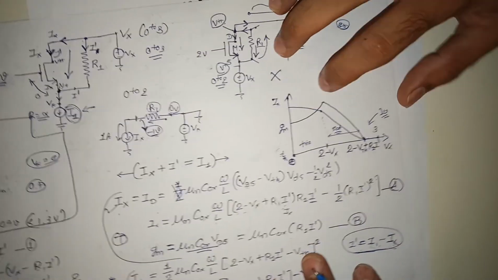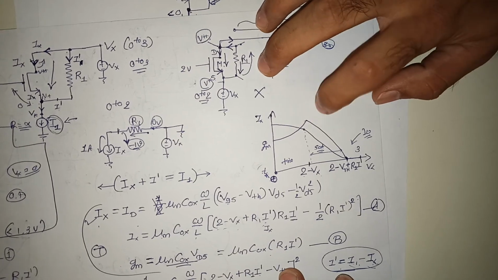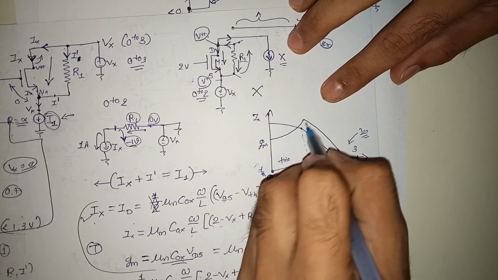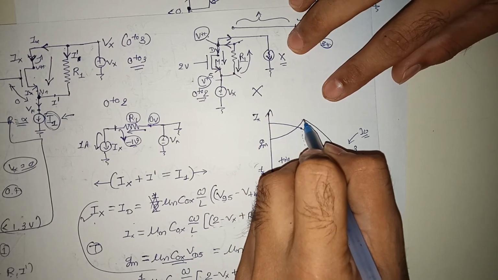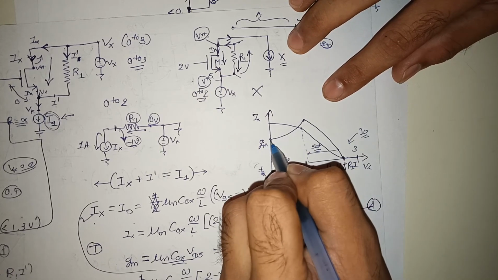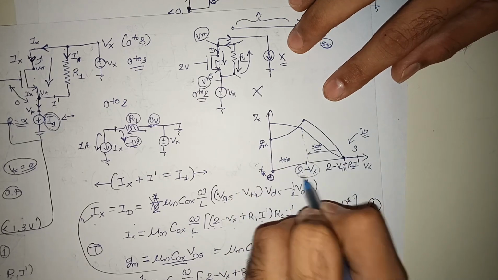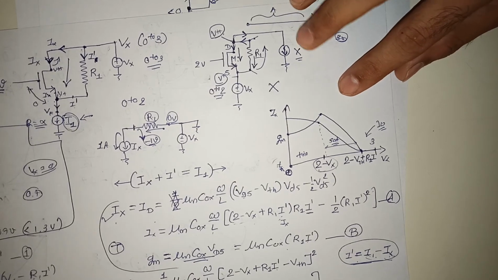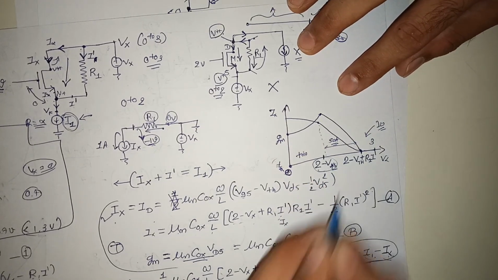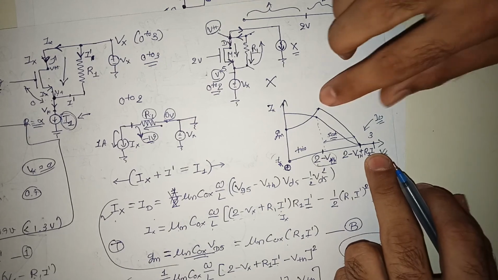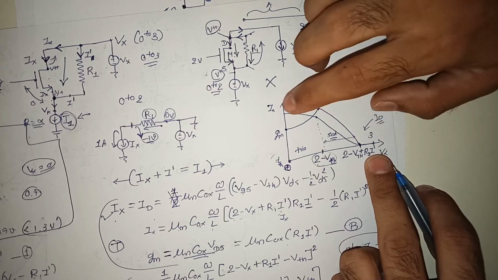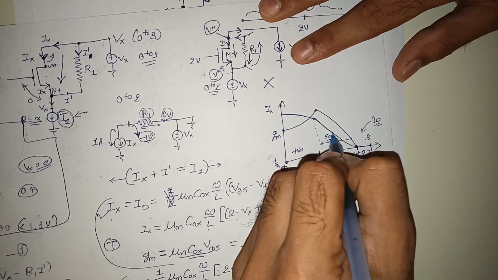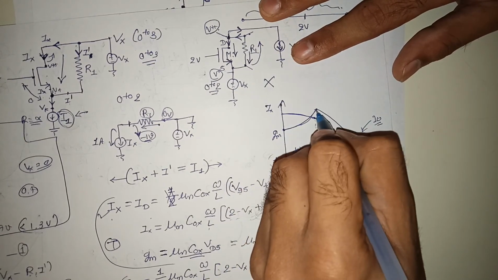So this curve, whatever you are seeing here, you can simulate it also, and you will get some incremental square term in the Gm equation from 0 to 2 minus VTH, and from this to this some decremental term you will get. Same goes for I. So this is the curve of Ix, and this is the curve of Gm.